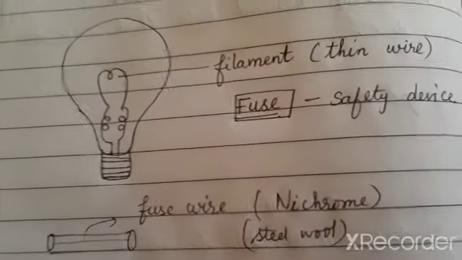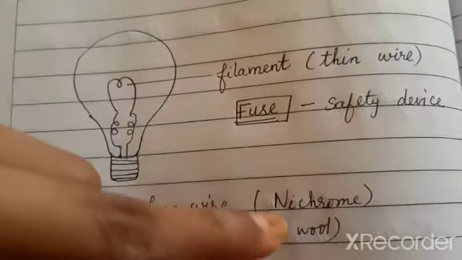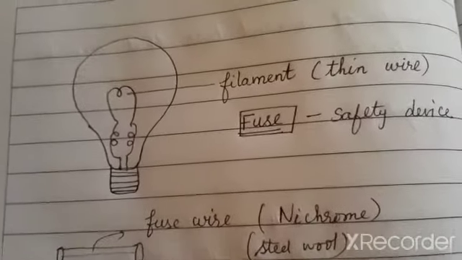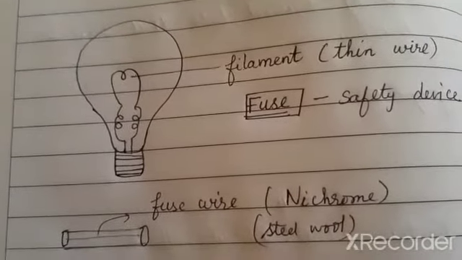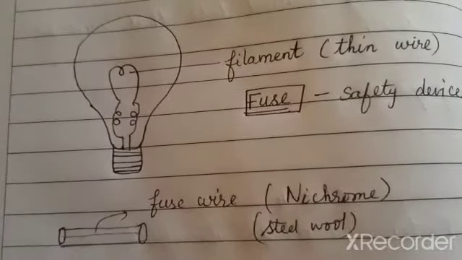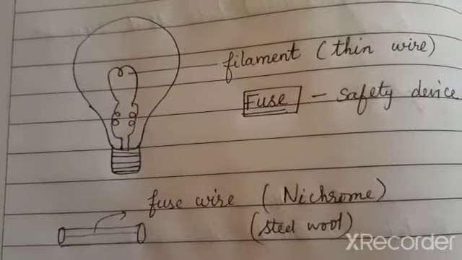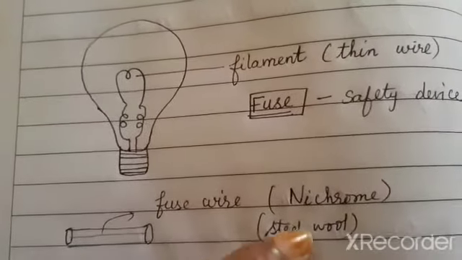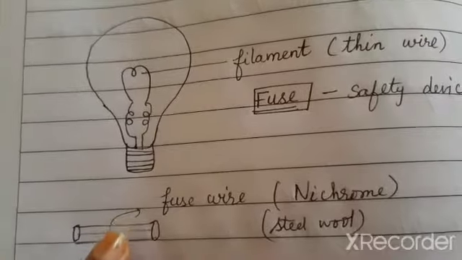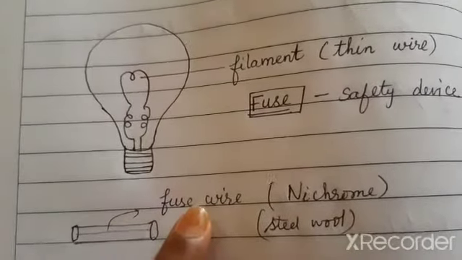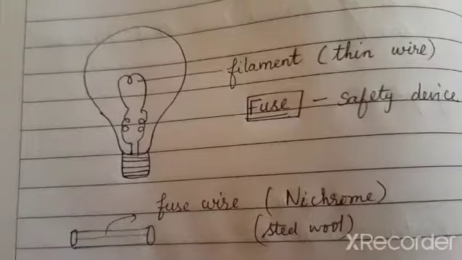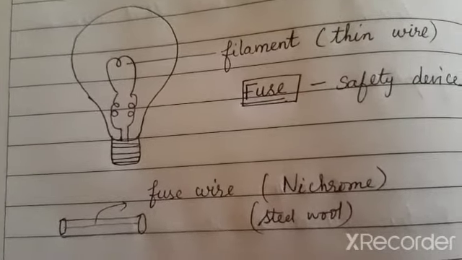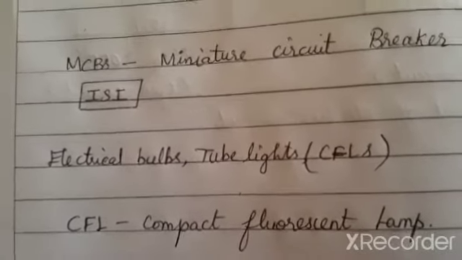So what is present inside the fuse? It is nothing but a thin wire made up of nichrome or steel wool. What is meant by steel wool, ma'am? I have never come across such a word. It is nothing but the scrubber which our mothers use in the kitchen for washing utensils. Have you seen a silver color scrubber? That is made up of steel wool. Such a kind of wire is used in our fuse as fuse wire or filament to break the circuit and to protect the appliances. Clear?